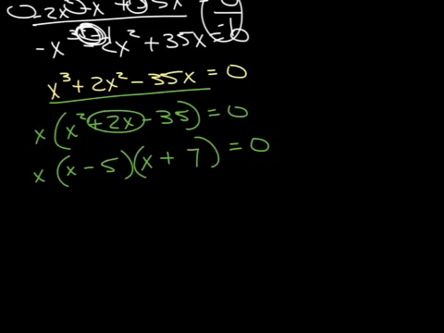Now, again, if you look up here, what is the highest exponent? A 3. That means I'm going to have 3 answers. Okay, I'm going to have an answer for this one that's going to be x is 5, because whatever makes that 0. This one is going to be a negative 7, because it's whatever makes that 0. And then how do I make that